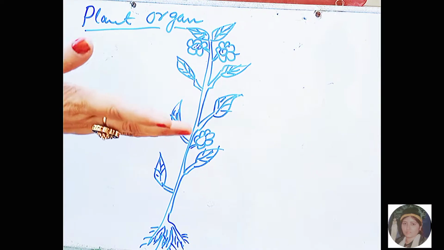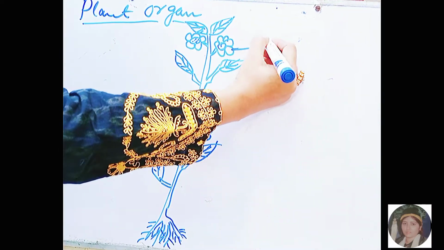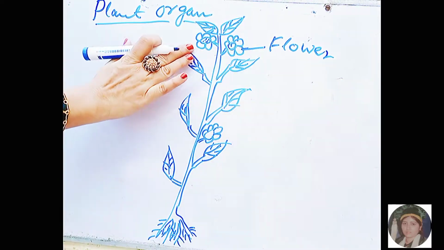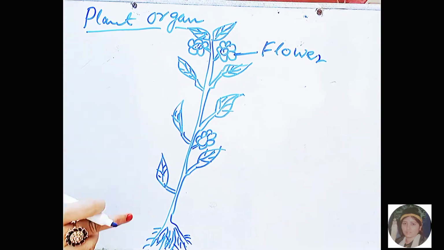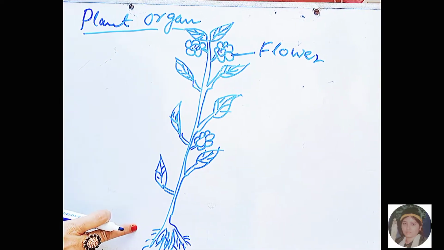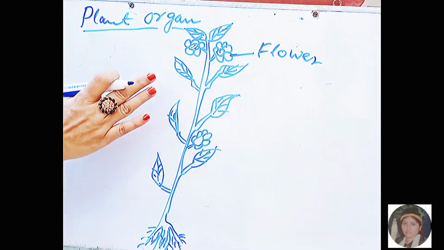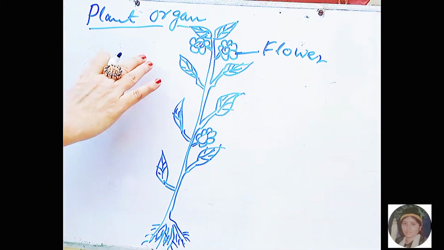Plant organs. Flower. The flower contains the plant's reproductive organs. Many flowers attract insects which carry pollen between plants to bring about pollination and fertilization. In some plants, the flowers develop into fruit which contains the seed. New plants can grow from seed.